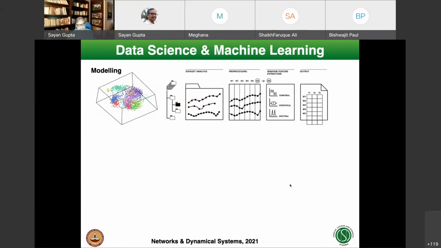Now data-based models, to put it very simply, means that you collect data, do some pre-processing, cleaning up the data, do some feature extraction, and arrive at an input-output relationship between the input, which is in the form of data, and some output measure. Once you have all this done, the relationship between the input and the output is more of a black box, and there is not much physics behind that.